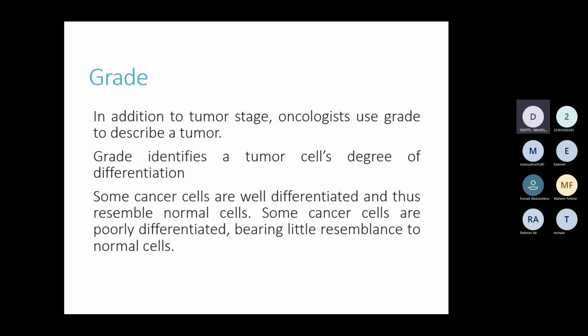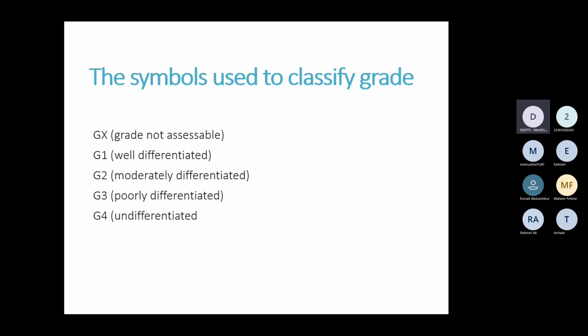But some cancer cells which are poorly differentiated, they don't resemble a normal cell because they are in the stage of just developing. Okay, so they are poorly differentiated and they don't resemble the normal cell, and that will come under the microscope. So when you have to actually find out the grading, these cells are monitored under the microscope and then they are